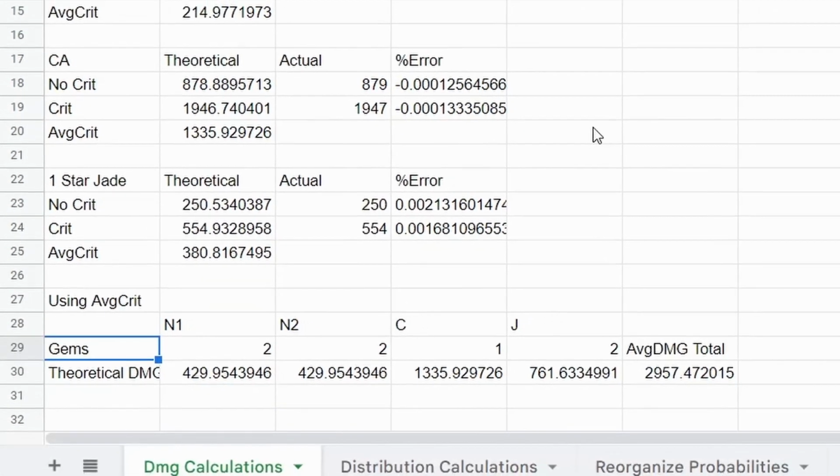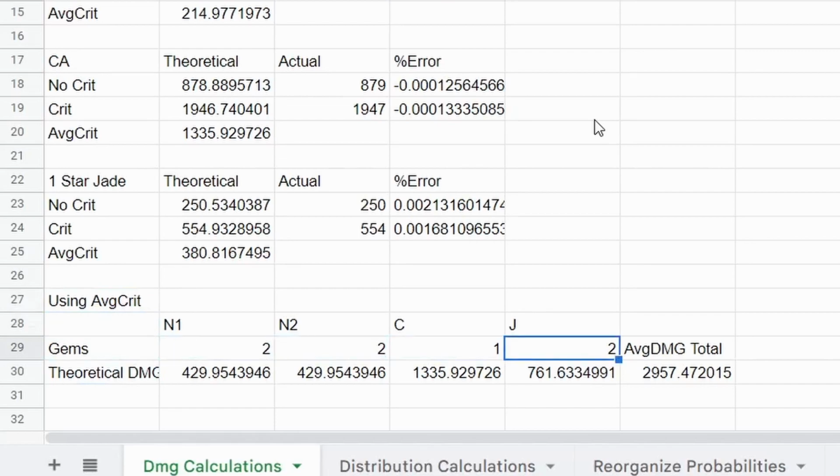The next thing we have to do is calculate the damage based on the number of gems. When Yingguang does a normal attack, she releases 2 gems. Then on her charged attack, she releases a single gem, and then she releases the star jades on her back. In this case, remember the assumptions that we said. We assume that everything is going to hit and that she will have 2 star jades. Those are the main assumptions that we need to remember for these calculations.